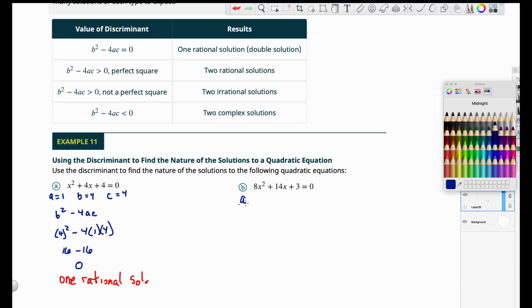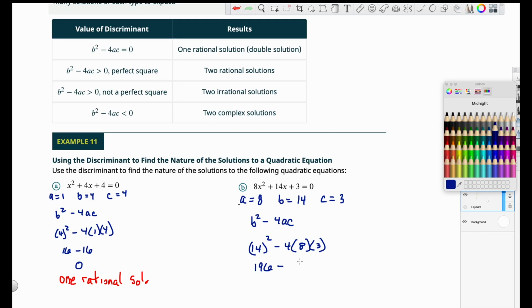Next one, let's identify A, B, and C. Notice here we are already in standard form. If we weren't, we would have to get it there. So b squared minus 4ac is the discriminant. We've got 14 squared minus 4 times 8 times 3. So 14 squared is 196,